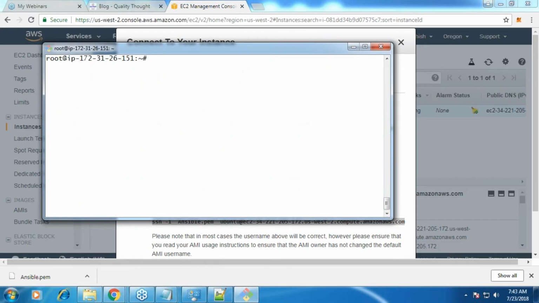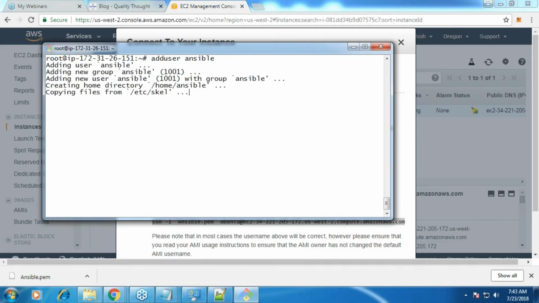And now what do I have to do? I have to add the user. What is the command which I have used earlier? useradd. So what is the command which is sensible? And the username is... see, it is doing all the stuff. So what has it done?